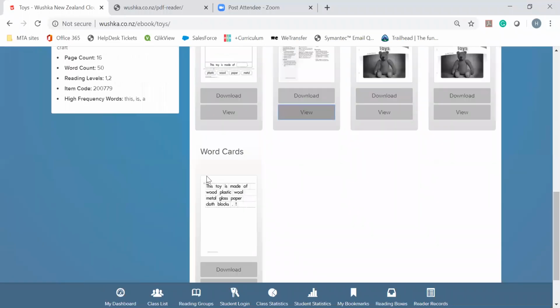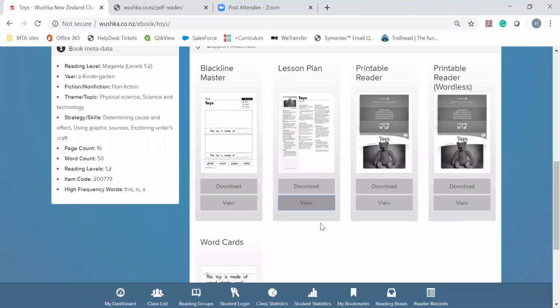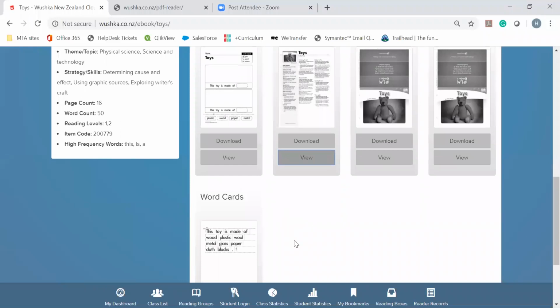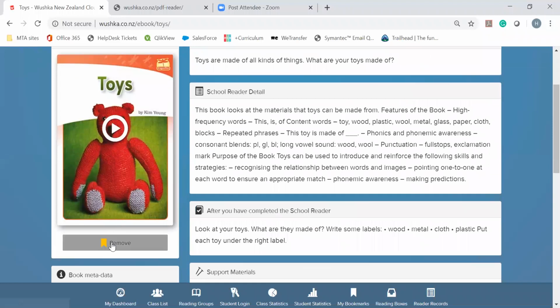There's also word cards. On the higher levels, there will be different activities, and in some of the books, there will be a running record information sheet because you can continue your assessment remotely, and I'll talk about that a little bit later. I'm going to open up a book now, but before I do that, to bookmark a book,